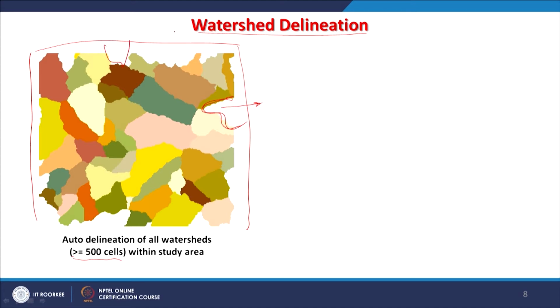Similarly, in all boundary areas, the water will flow out like this, and here also. So, if you are working on a real project, it is always good to take a large area. I have been telling this also in the case of interpolation or any other thing. Take a little larger area, so that later on you can make a subset. Otherwise, you may have this kind of limitation of surface hydrologic modeling. So, boundary issues will always be there.